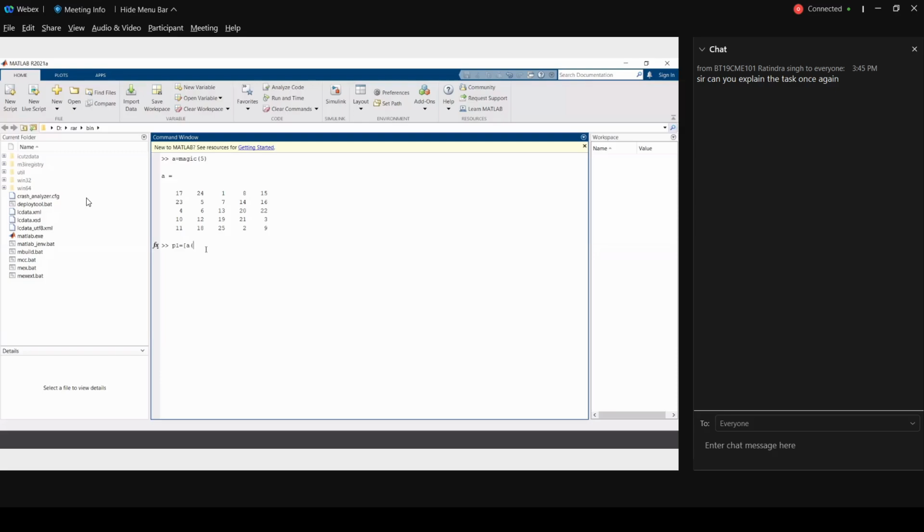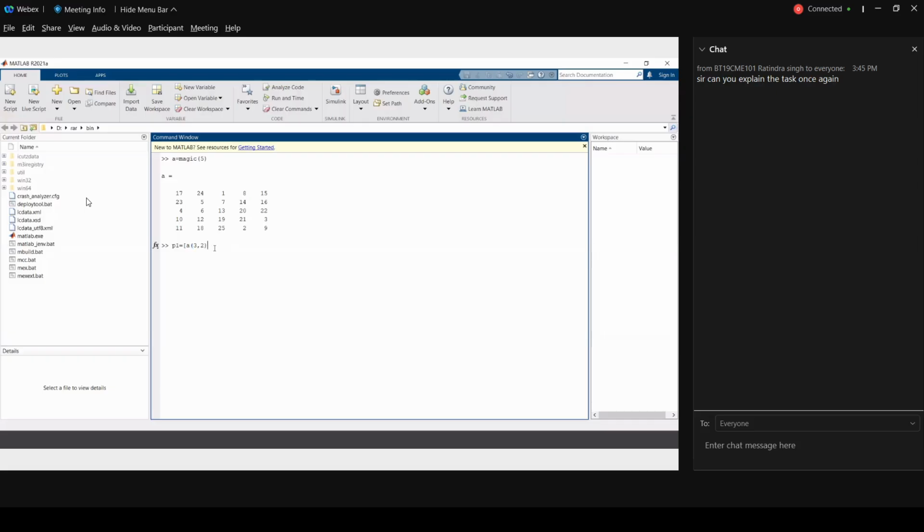A of which element do you want to access? The sixth, correct? Yes, sir. The first one is, let's say, 6. So what is the position of 6? Third row and second column. So A of 3,2. This is your first element.